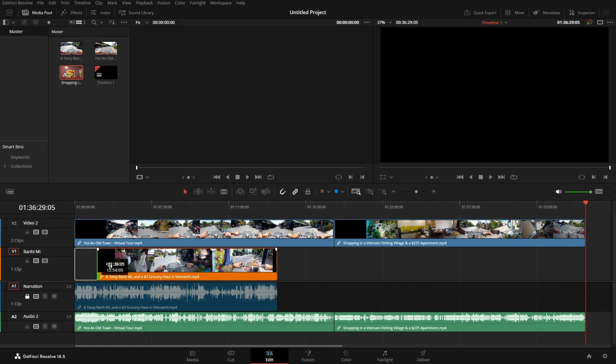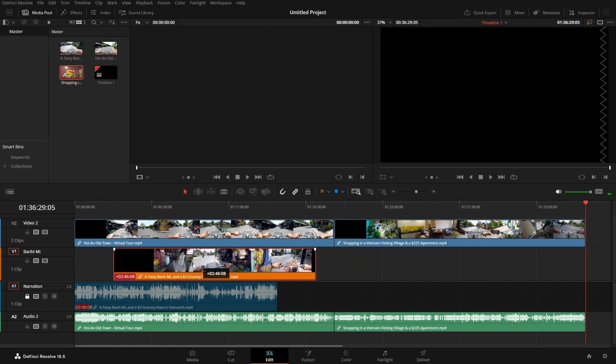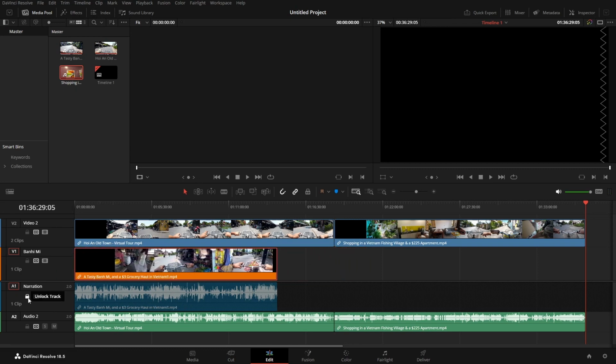So once I lock that, I can then trim and make edits to the video track independently, click, hold, and drag. We'll go ahead and unlock that audio. And now we've got our auto select button. And this button or setting is on by default, and in this default setting, if I were to perform an